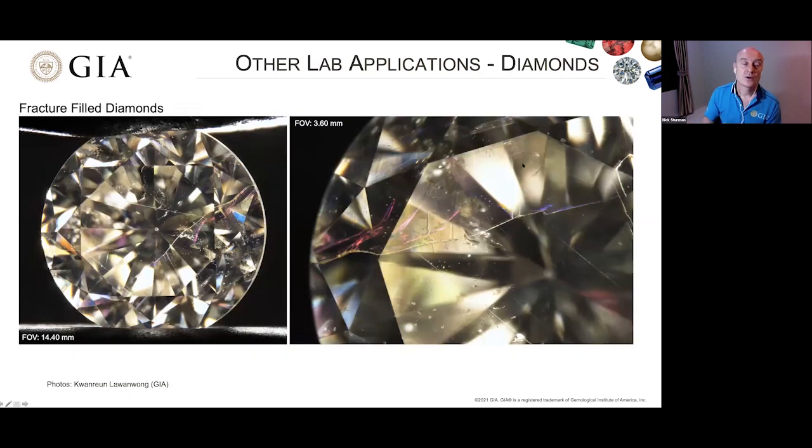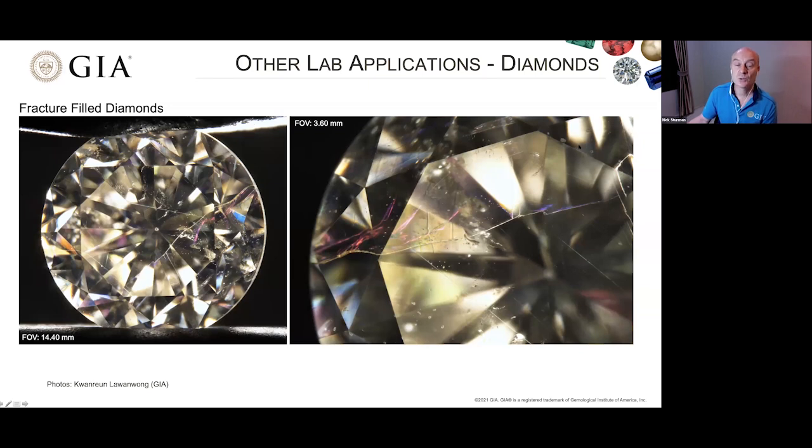So moving on to the colored stones. We deviate from them for a little bit, but they may feature again later, so don't worry. Many of you will know that diamonds are treated in a variety of ways, and one is the filling of fractures by glasses containing various metal elements like lead or bismuth. We can usually identify these easily with the loupe or the microscope in the lab.